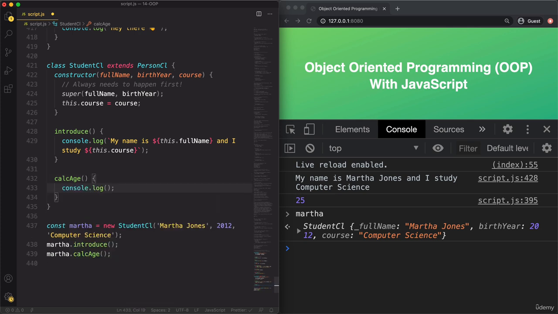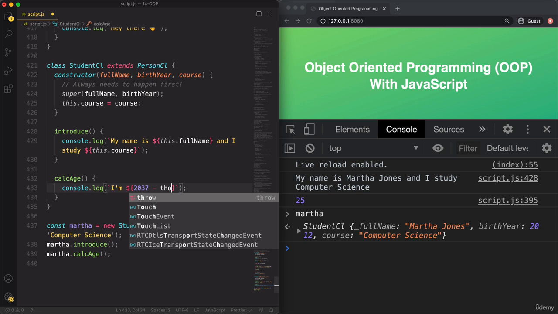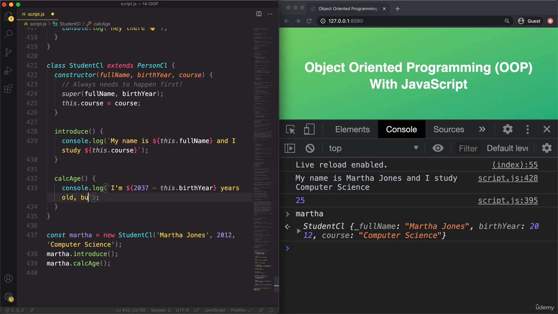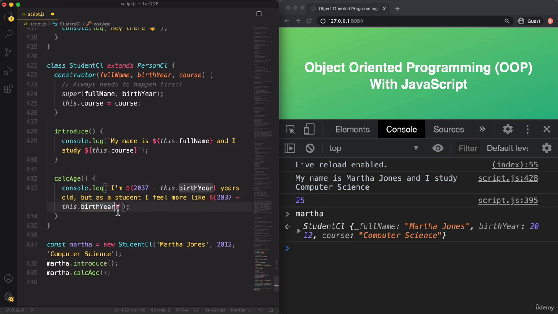And then let's simply log to the console I'm, and then the age, so 2037 minus this.birthYear, years old, but as a student, I feel more like, and then let's basically add 10 to this date, because when you are in university and you study a lot,